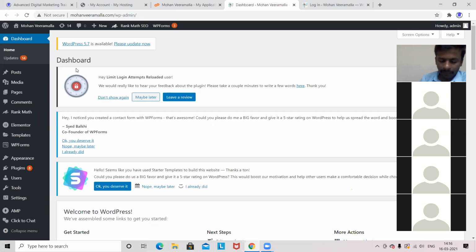Okay. So before discussing this left hand side property, let me tell you something: before constructing or building any website, you have to have an idea of what the design should be. You should already have a design which should be implemented for your website. It means a blueprint, or it may be a wireframe. Wireframes are nothing but a layout of your website, showing how the website design should be.